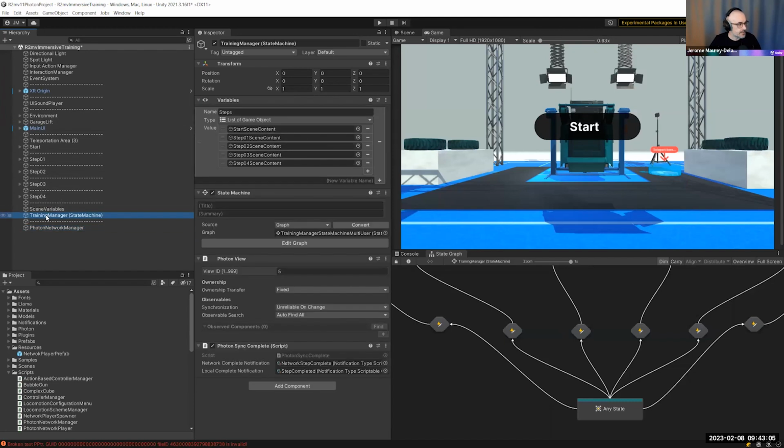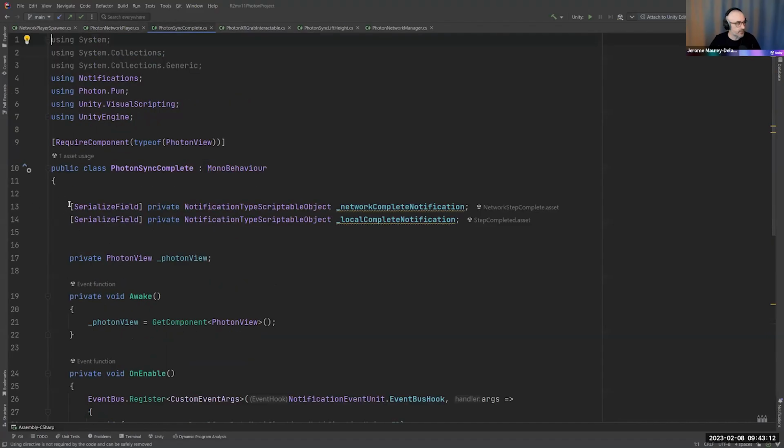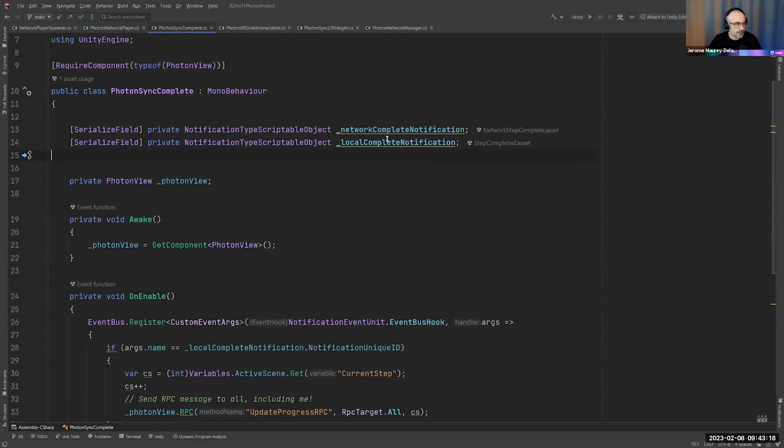Then, similarly with Norm Core, we have Photon Sync Complete here, which is more or less the same class. We have the two notifications that get sent. One of those is sent over the network. The other one is handled locally. So locally, I call this notification when I complete a step, as highlighted in episode 8. And then rather than the state machine updating locally when I complete that step,